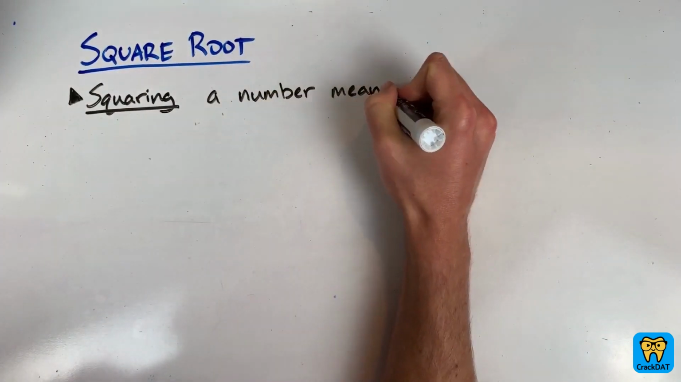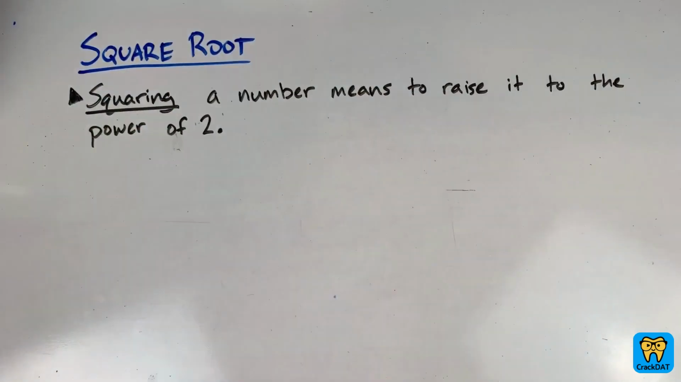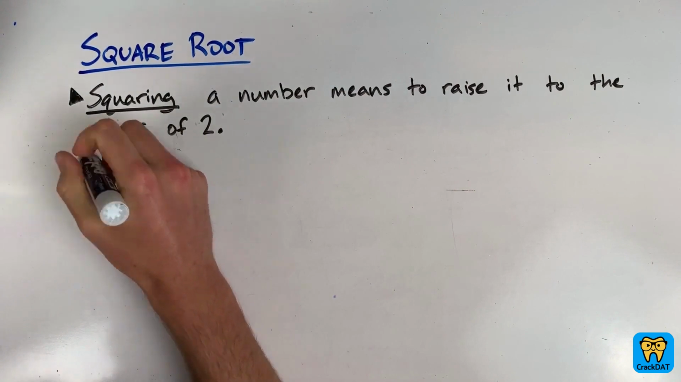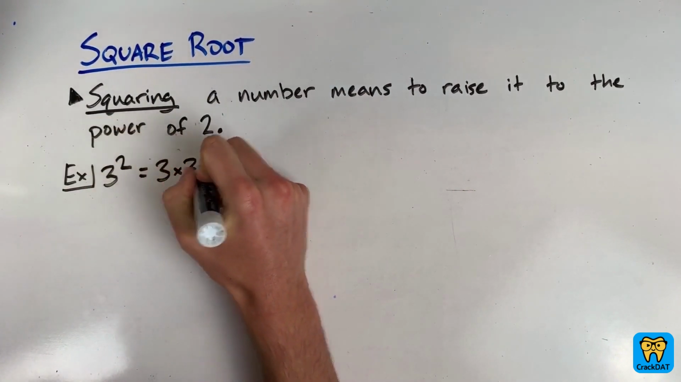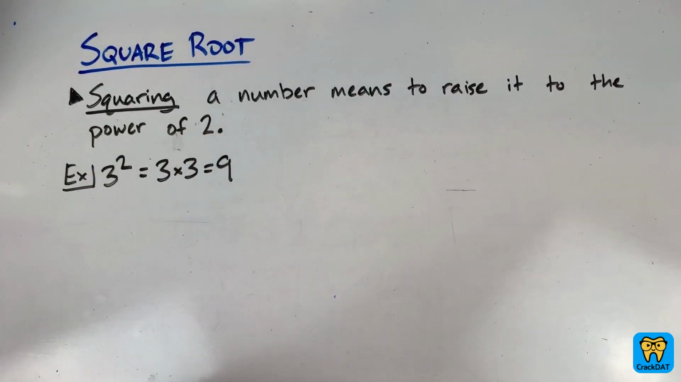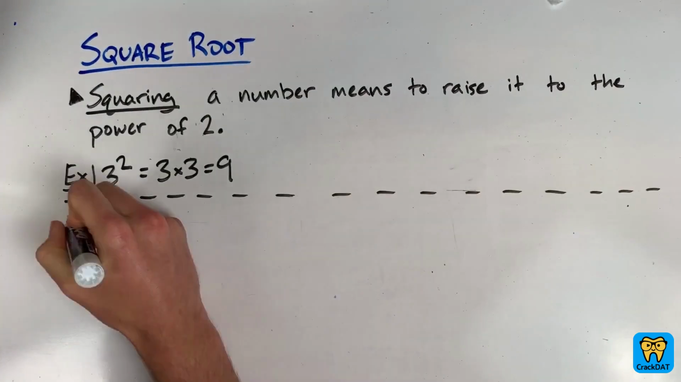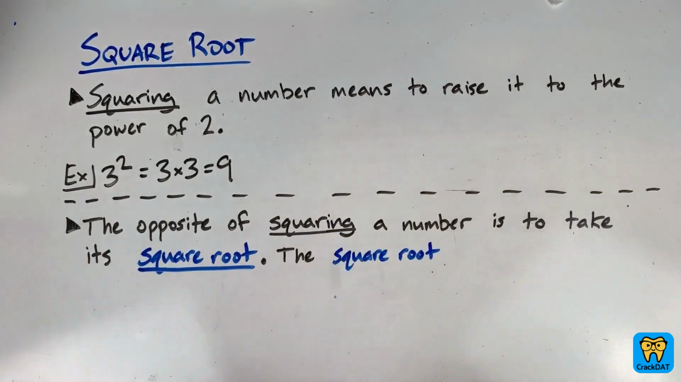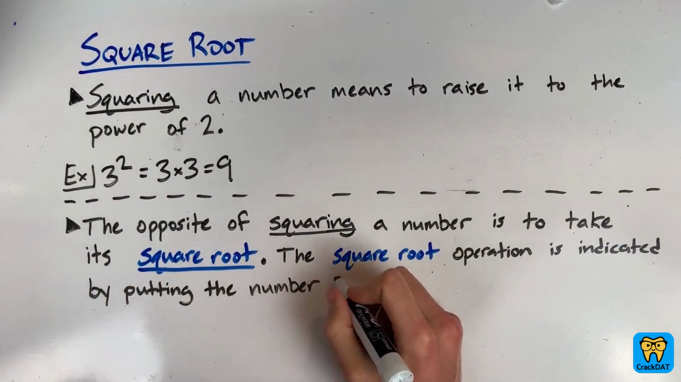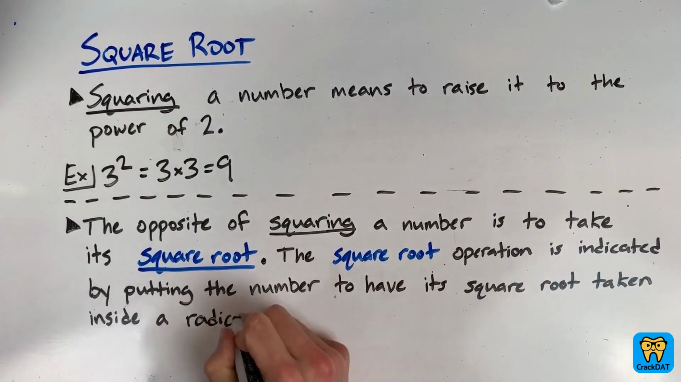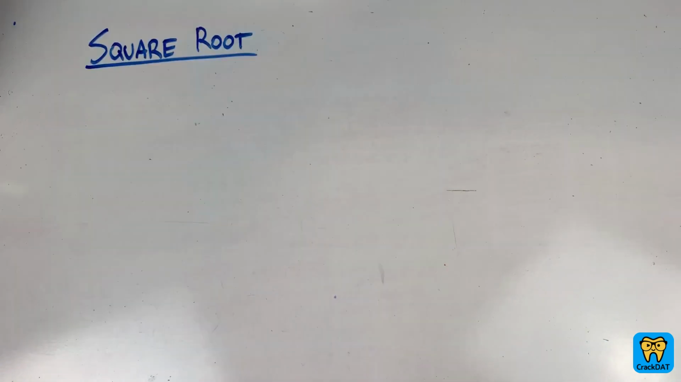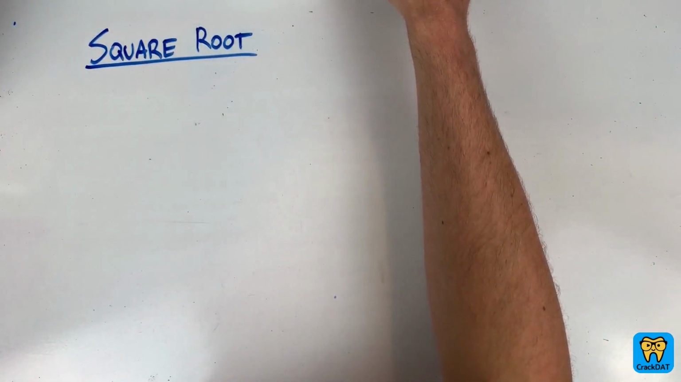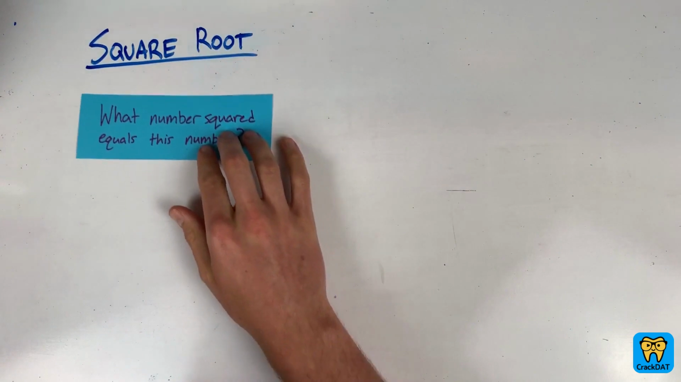Squaring a number means to raise it to the power of 2. For example, 3 squared is 3 to the 2, which equals 3 times 3, which equals 9. The opposite of squaring a number is to take what is called the square root. The square root of a number is indicated by putting it inside a radical sign, which looks like this. The square root of a number answers the question, what number times itself